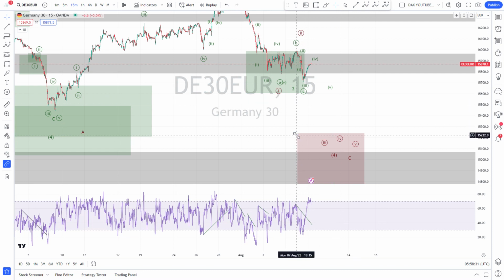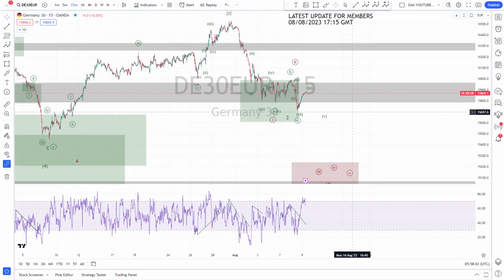Then if the bearish case plays out, this area here becomes interesting. Here buyers should step in again. And then a less reliable setup, but one that might work, is a short against this high here. It's less reliable because the wave C could be in here. We can have more downside, or